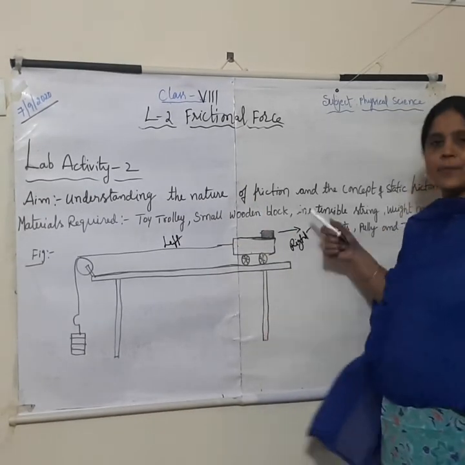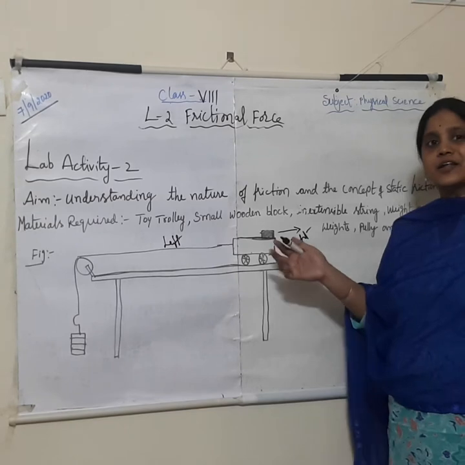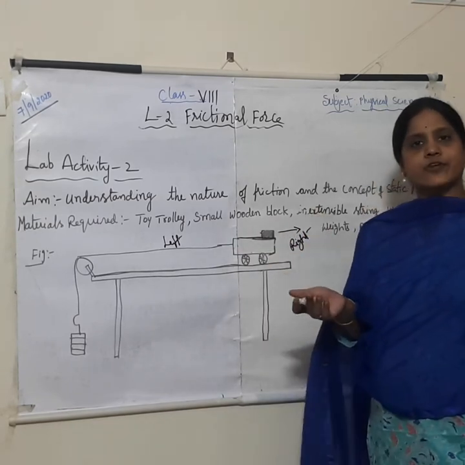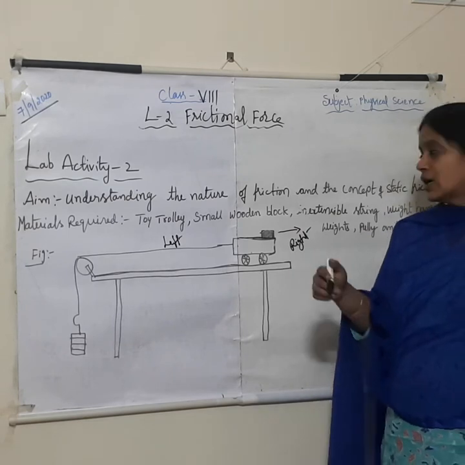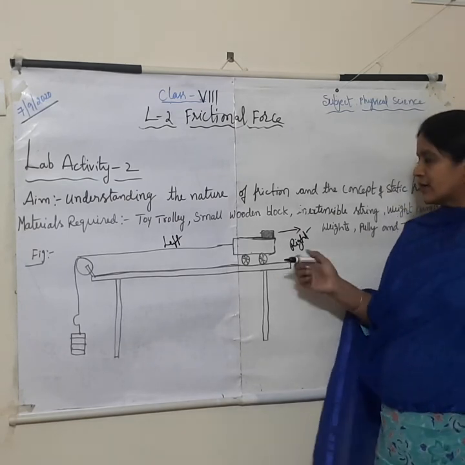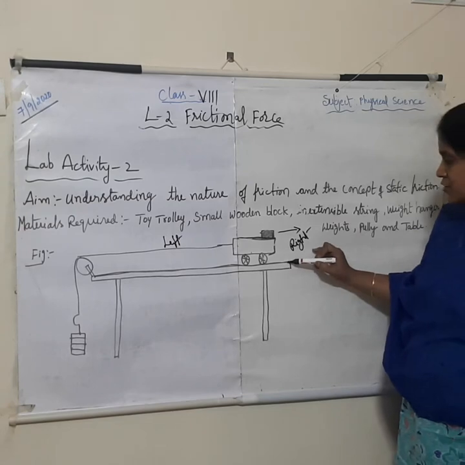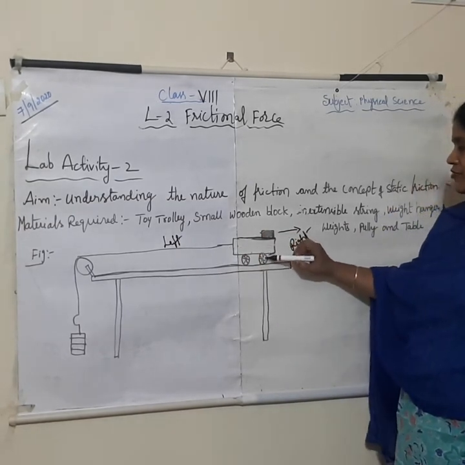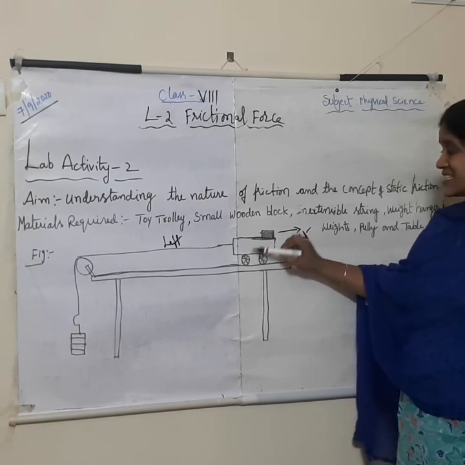From this lab activity, we observe that there are two types of frictional forces acting. One is static friction, the other one is sliding friction. Here, with respect to the surface of the table and the surface of the trolley, there exists a